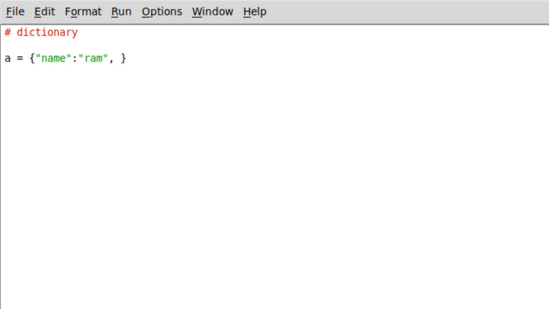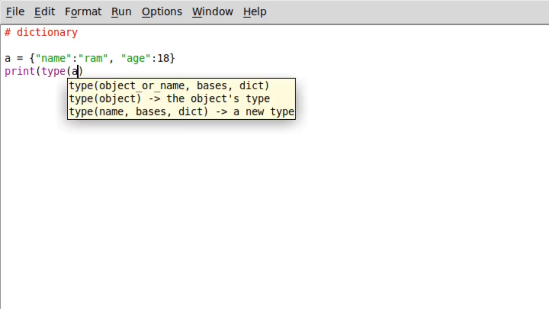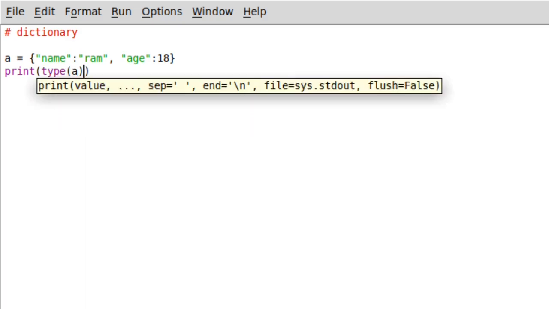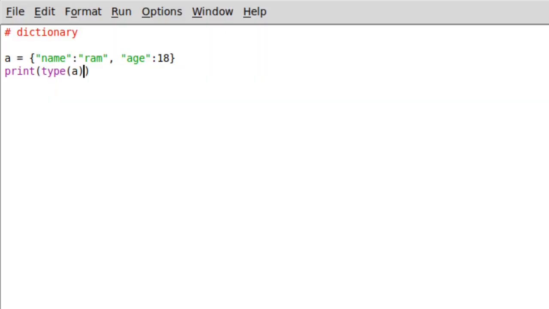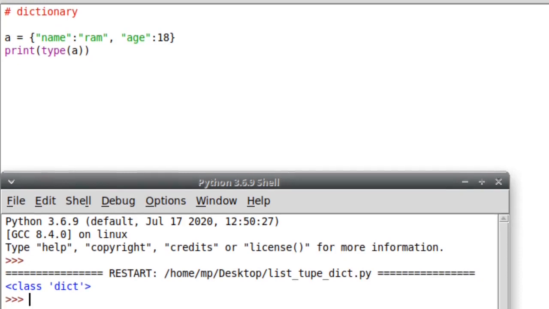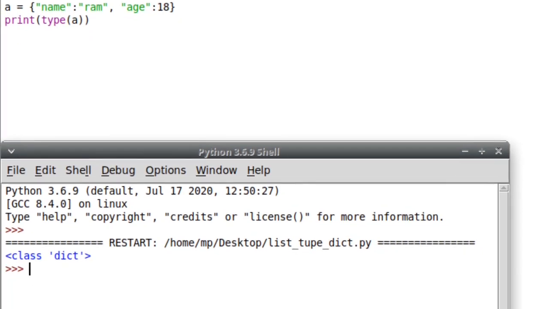Again we will have one more key where age is our key and the value is an integer. We are not writing double quotes for it. If you want we can check the type of it. So this is dict. If I run that again, here you can see the class dict.